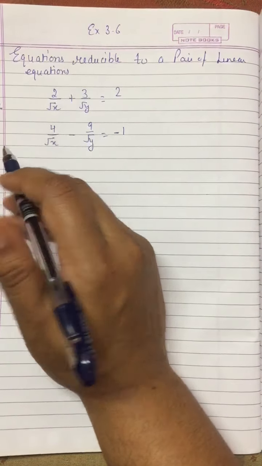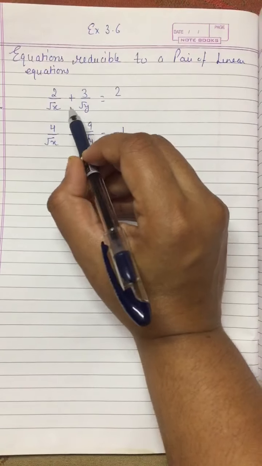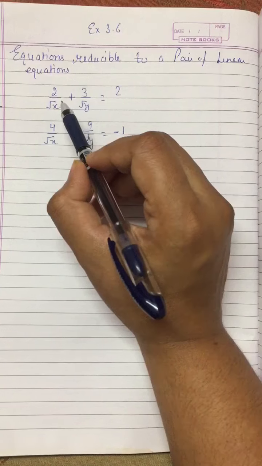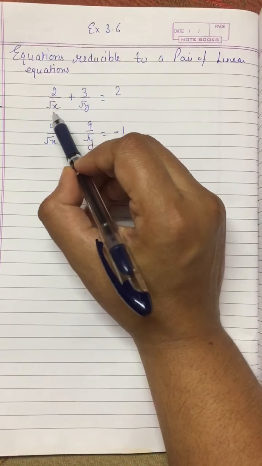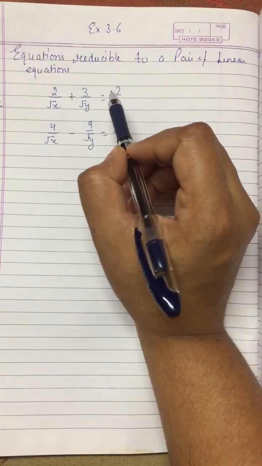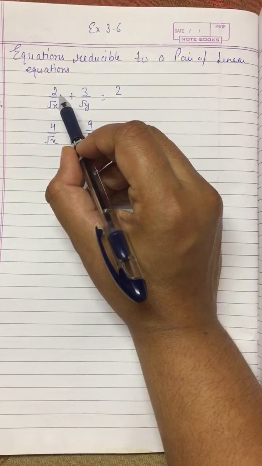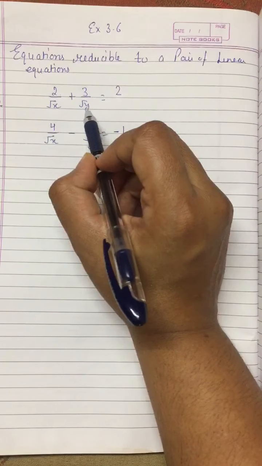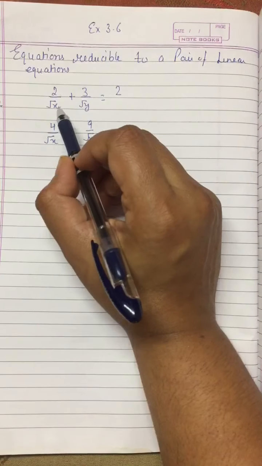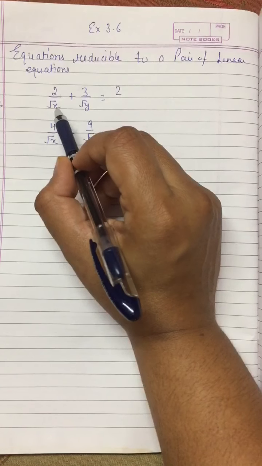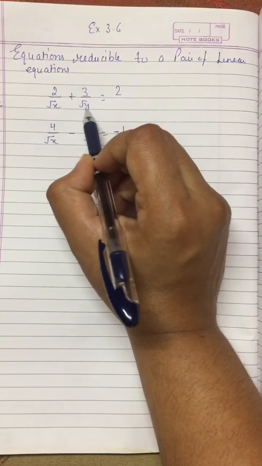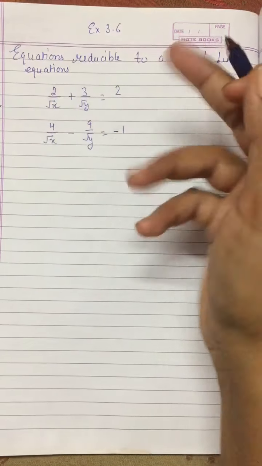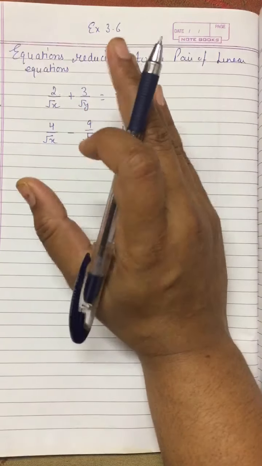The first part is the same, so here I will make some suitable substitution. Why am I going to make the substitution? Because you can see the root x here, and earlier we had equations like 2x plus 3y equals 2, in which x and y are in the numerator. But here x and y are under roots, which is the first problem, and the second problem is that they are in the denominator. If I take the LCM, it will become root x root y multiplied, and with 2 root y, it will again be difficult. So what will I do? I will do some suitable substitution.